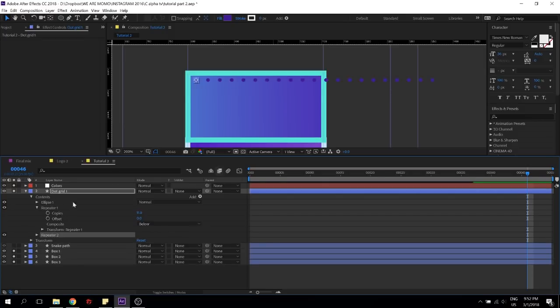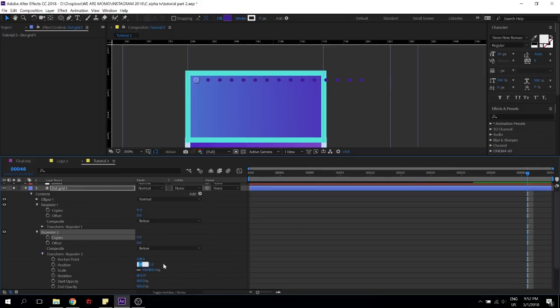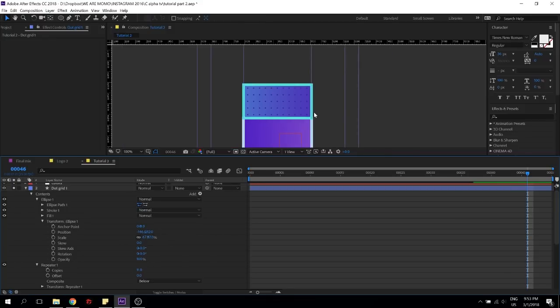Maybe not. And to make a grid that goes down, all I need to do is repeat the repeater. And instead of having it repeated this way, I'm just gonna go inside and say, oh no, that's too sad. I don't want it on the X. I actually want it on the Y. There we go. And if you think your ball is too big, you can just scale it down. If you scale it down, all the balls are scaled too. This is what we call the ball bro code, I think, maybe. So that is done.